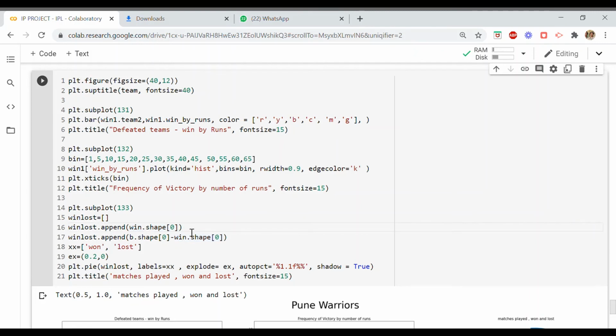So I can write a comment over here, number of matches won by Pune Warriors. And when I say win lost, B shape minus win shape, so these are number of matches lost.